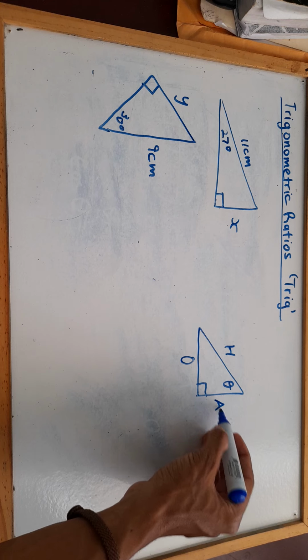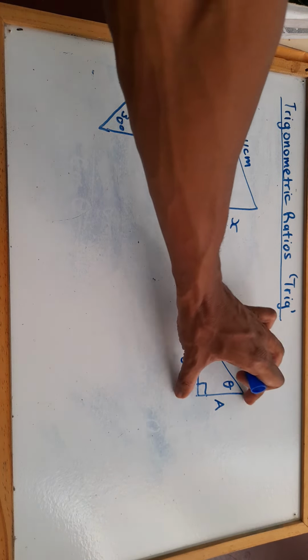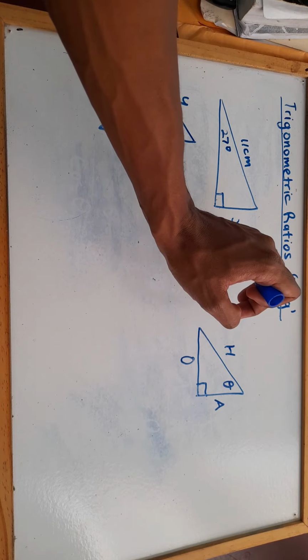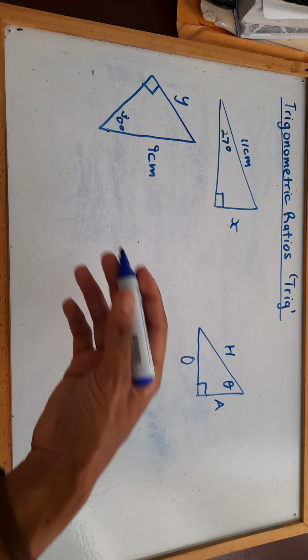And this would be adjacent. Another way you can look at it, the adjacent side is the side where both angles lie on. Both the right angle and the other angle lie on it. And you can change it, for instance,